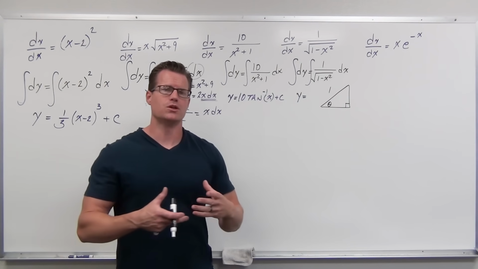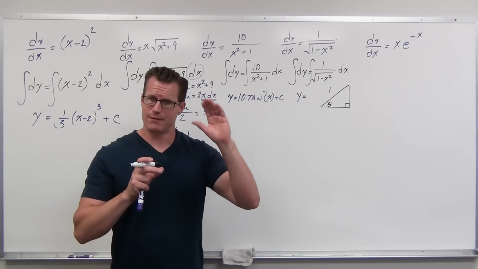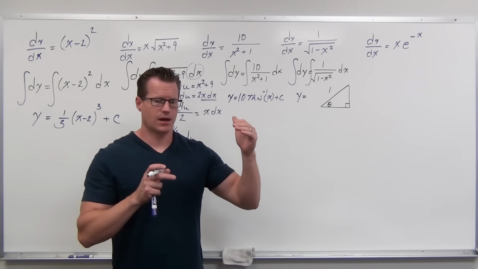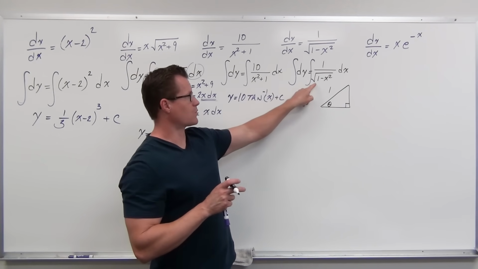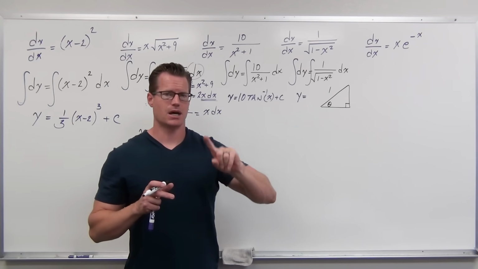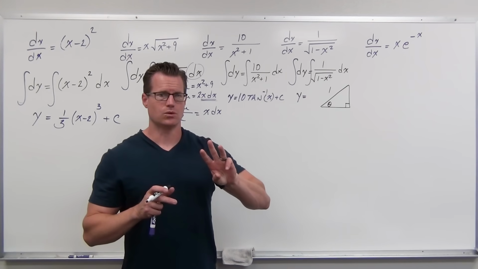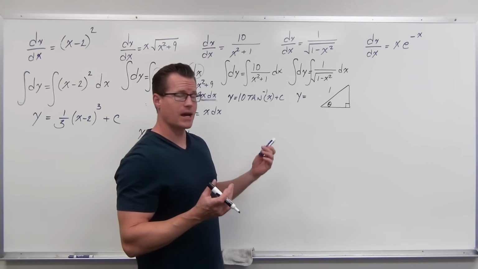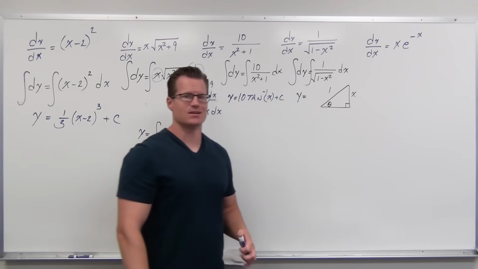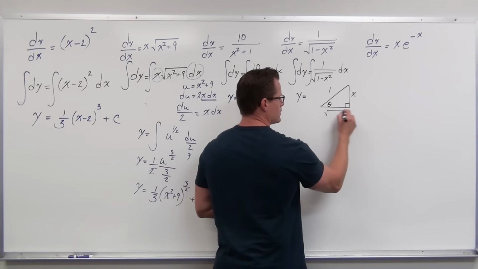So what we want to do is create a relationship where we have the hypotenuse correct, but then we also have this idea where we don't want a square root inside of one of these three trig functions: sine, tangent, or secant. So right now I know that sine looks pretty good if I put an x right there. If I put an x there, sine is x over 1. That's pretty nice. This last side